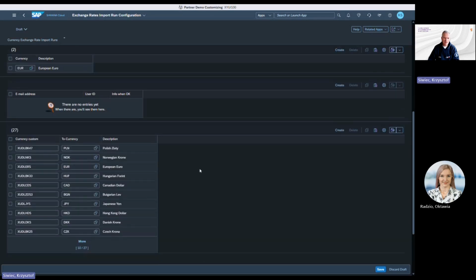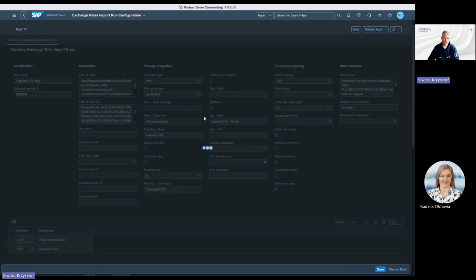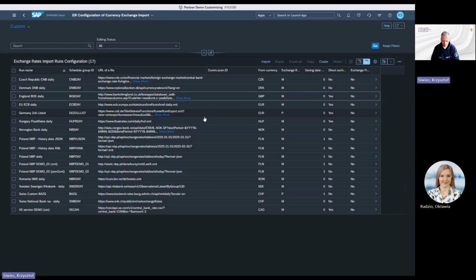And then sometimes you also need a translation from the currency ID provided by the data provider to the ISO currency ID understood by the SAP system. Okay, this is the configuration. It was quite straightforward, and it usually takes several minutes to prepare a new configuration for a new data source.